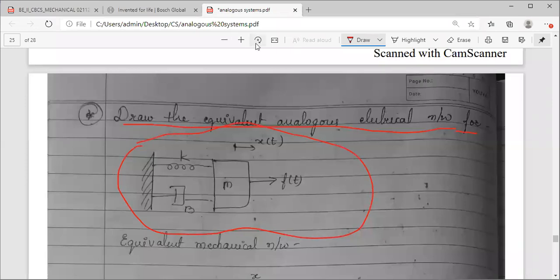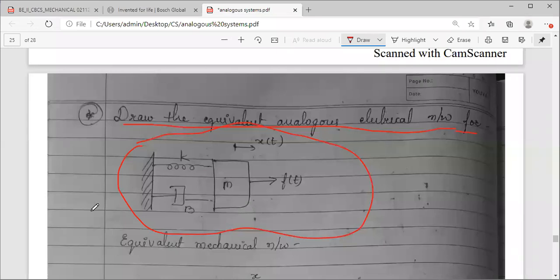Okay, before continuing, I had given you a few problems on equivalent mechanical network. Only a few have shared your answers with me. I think some 3 students have shared, out of which I think the first 2 problems I was able to confirm. The third problem is a bit bigger. I didn't get the time to solve it. I will take time and I will confirm the answer. Okay. Well done. I think Sumaya has shared. One more girl has shared, and Rafia. So 3 people have shared their answers with me. Well done.